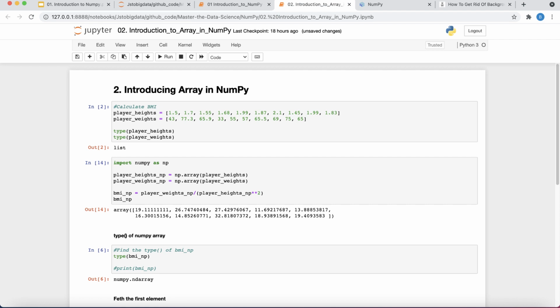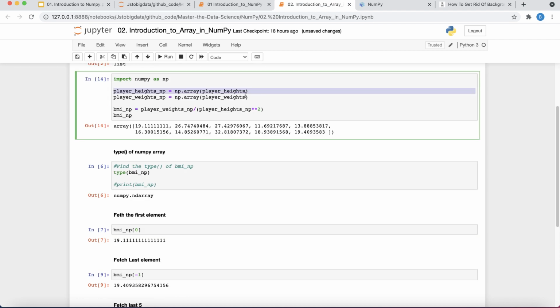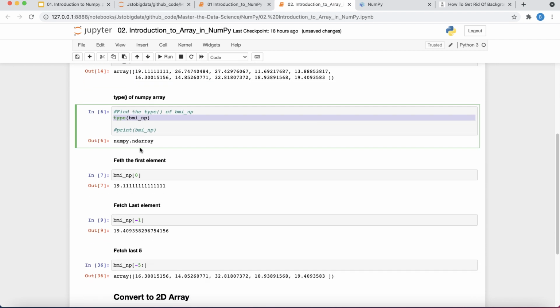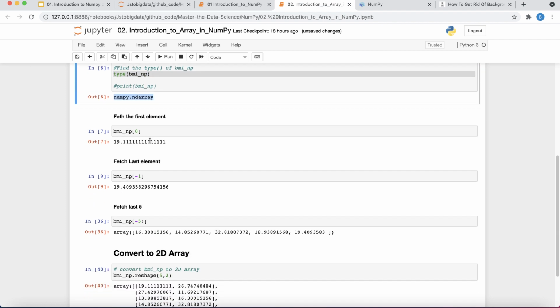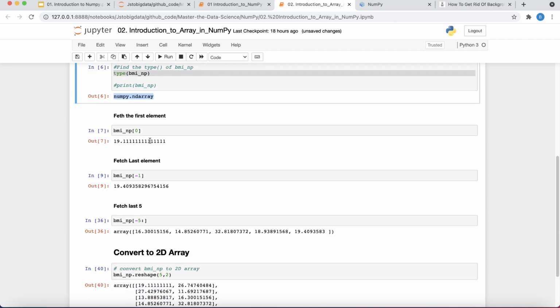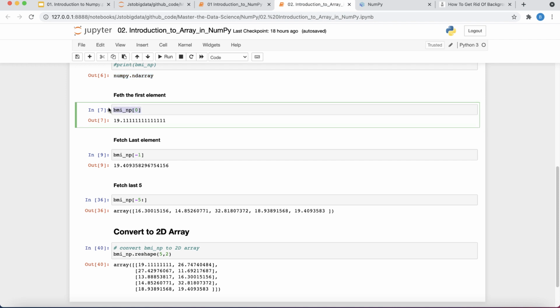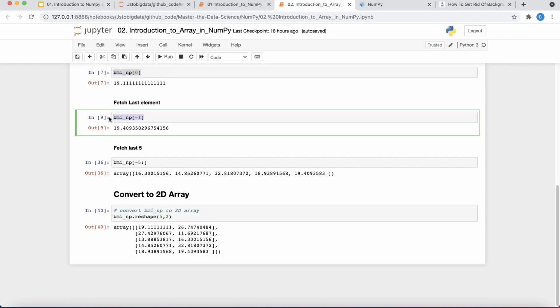Okay, so I hope this is very clear to you. So you know how to convert a list into an array. The same syntax would be used to convert any tuple to a NumPy array as well. And then we are checking the type of it using the type syntax. It will give you numpy.ndarray. Like I said, nd meaning n dimensional array. Then we checked how to fetch the first element of an array.